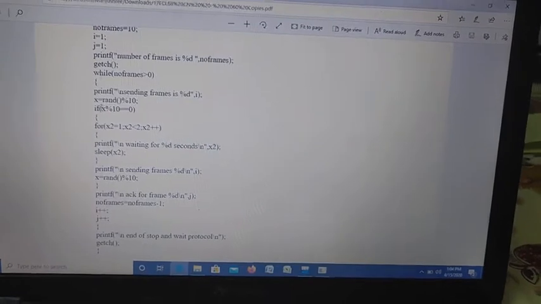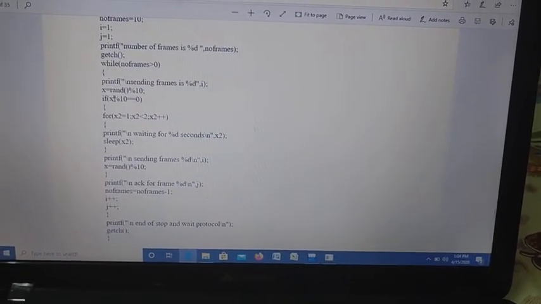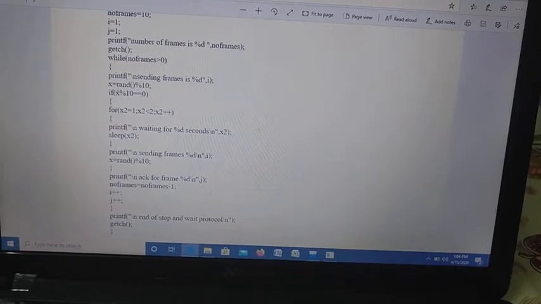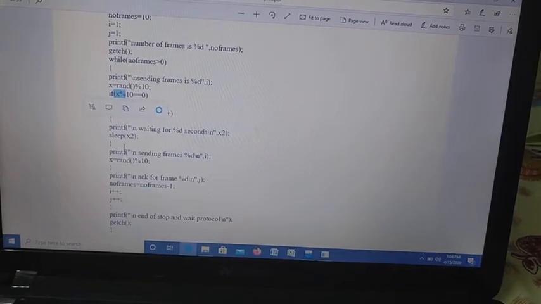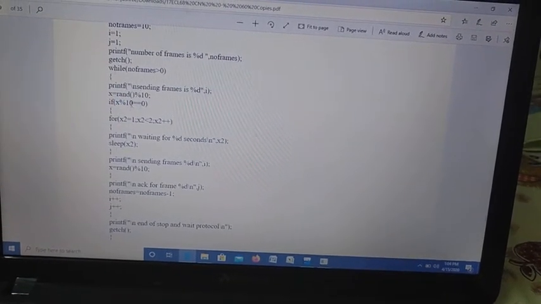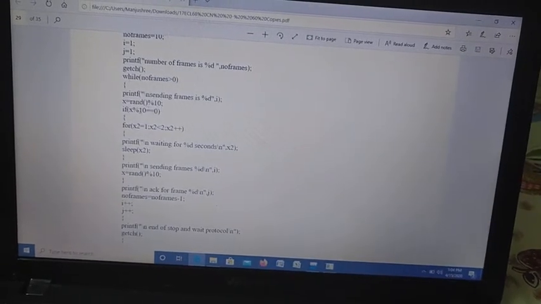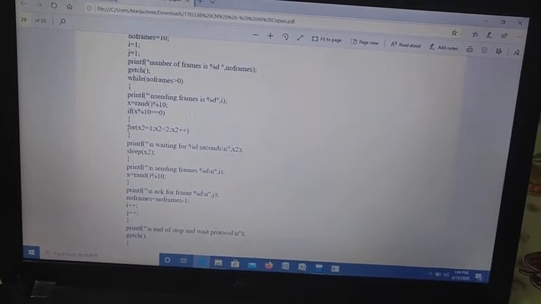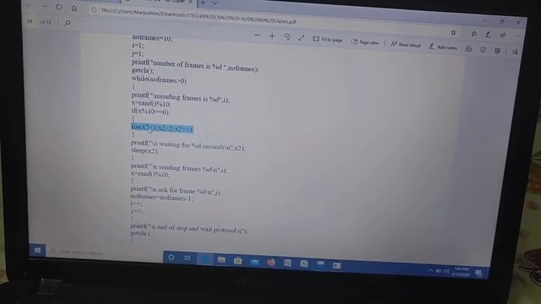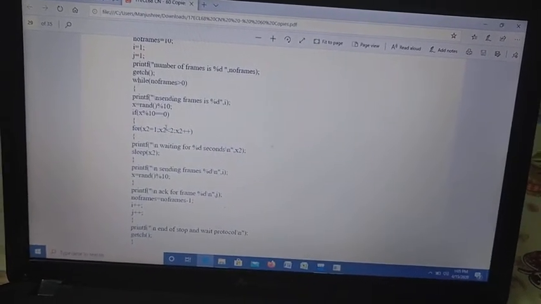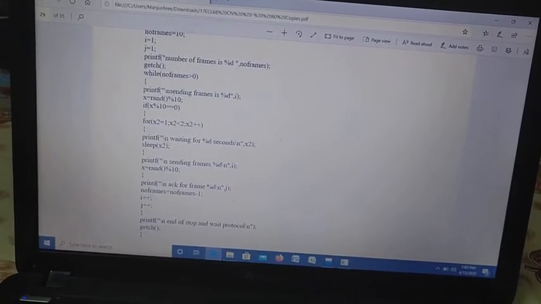Suppose the condition is true. Suppose I take the x value as 10. Then I am going to get a remainder 0. So 0 equal to 0, the condition is true, and it is going to enter into this for loop. For x2 equal to 1, 1 is less than 2, the condition is true, so it is going to execute these two statements.